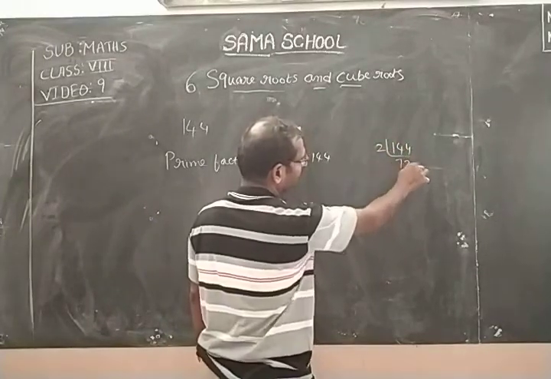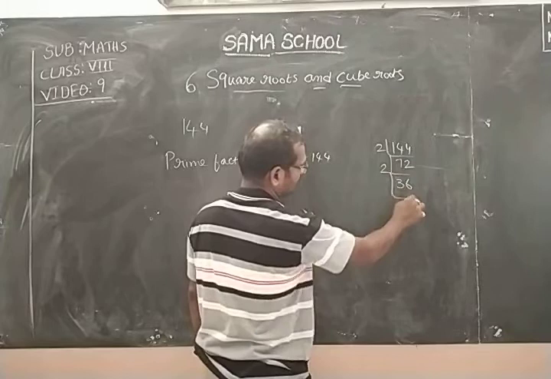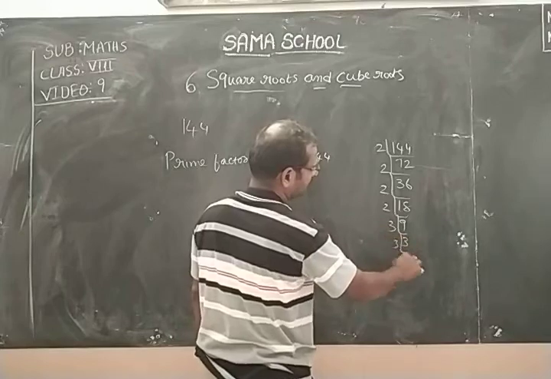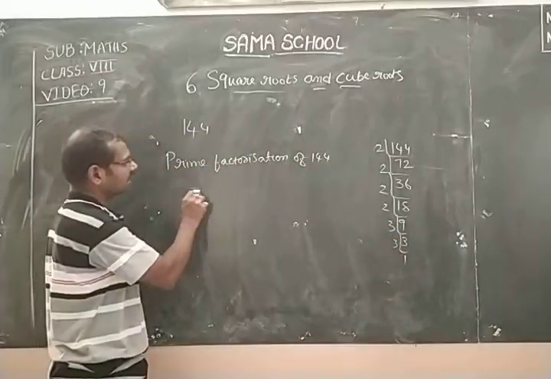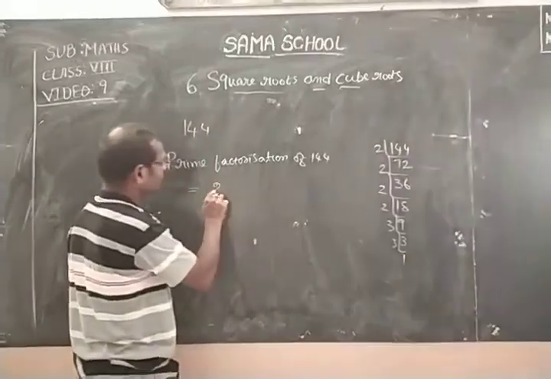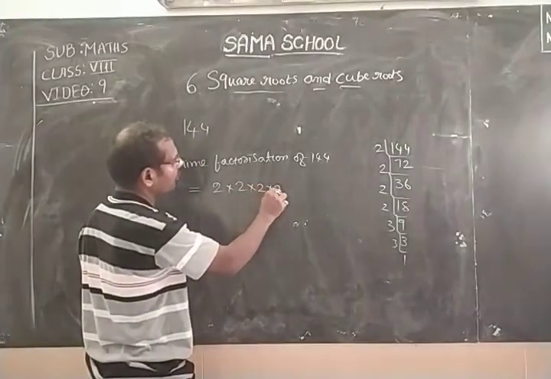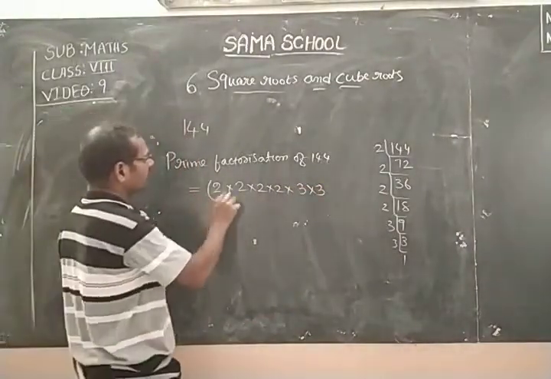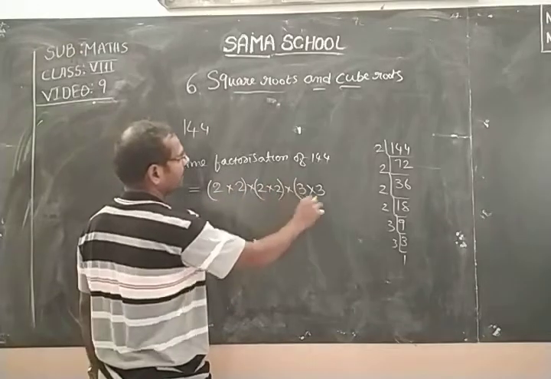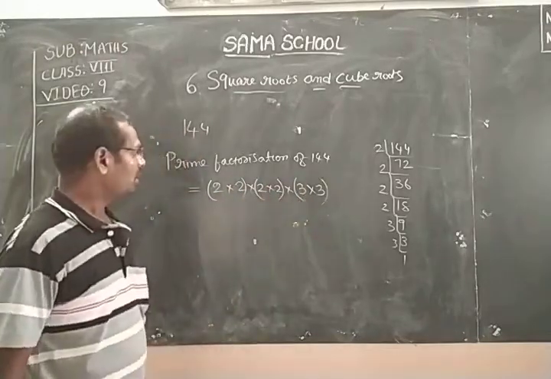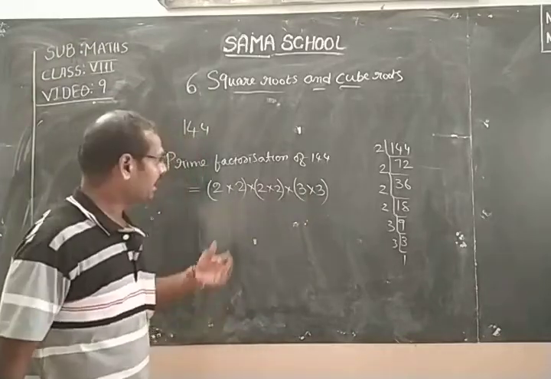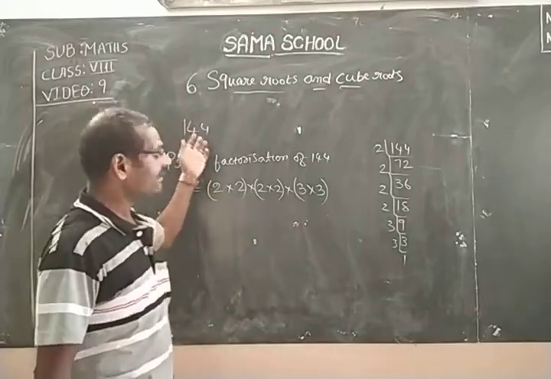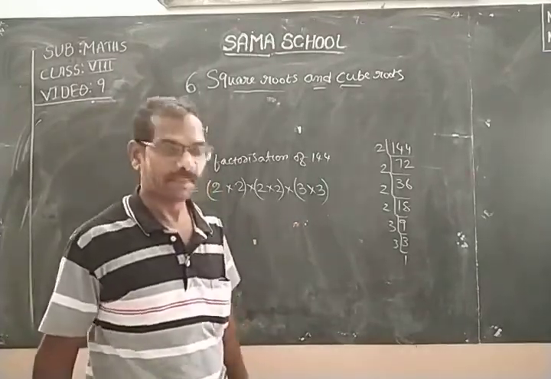144: 2 twos are 144 over 72, 2 36, 2 18s, 2 9s, 3 3s, 3 1s. So what is the answer here? Twos. How many twos? 4 twos: 1, 2, 3, 4. Again, when you observe here, these two are one pair, these two are one pair, and these two are one pair. So these are equal pairs. Whenever prime factors come in this way, we say it is a perfect square number.